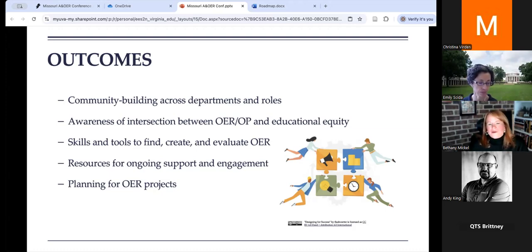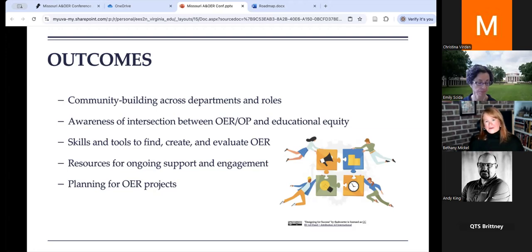We also felt that there was a keen interest both times in the connection between OER and open pedagogy, and this idea of creating equitable and representative learning spaces for all learners. Most of the participants, if not all of them, mentioned at some point the desire to increase and change the student learning experience. And this was a definite driving factor. It was a desire to transform students' learning for a more affordable and equitable experience as well.